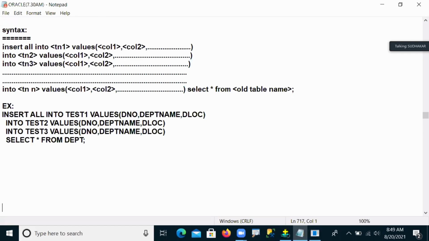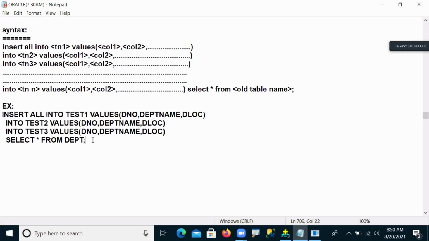So in those cases people use the insert all command to store one table's data into multiple tables without reinserting the data again one by one. Directly they send the data into multiple tables. So time saving is the only reason in the work premises. That is the insert all command advantage for us. So this is what we call the insert all command.